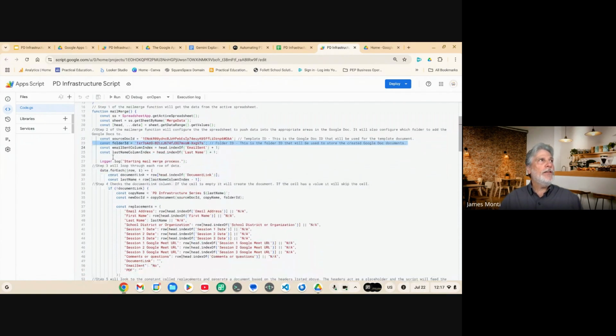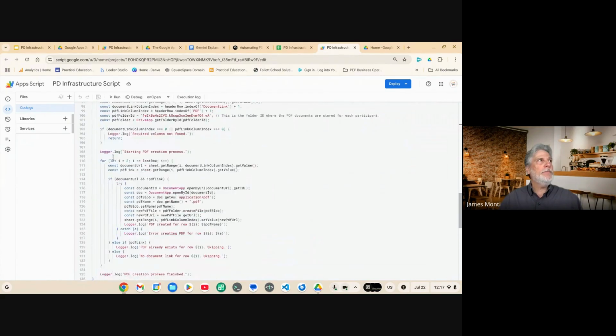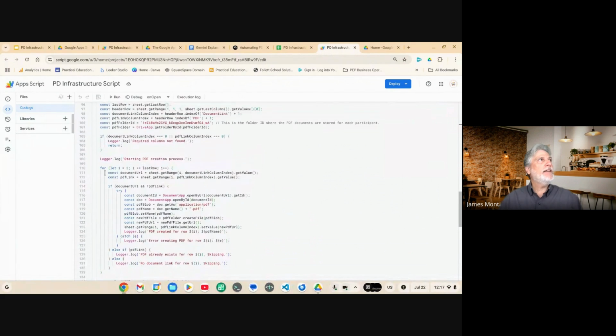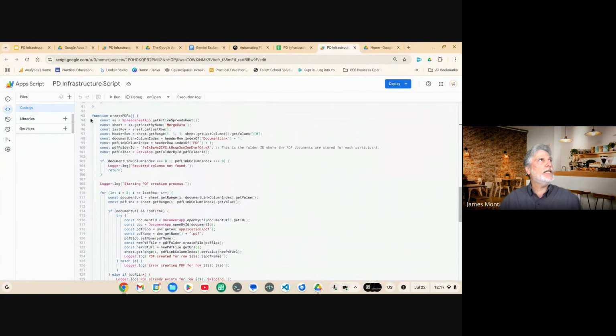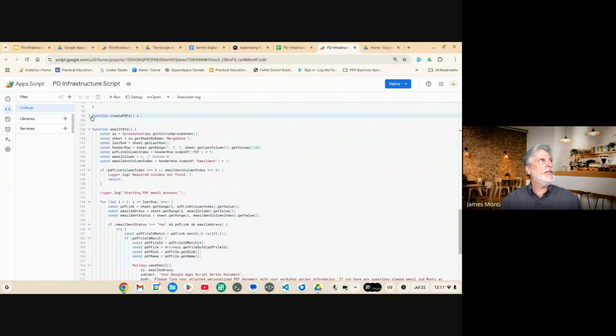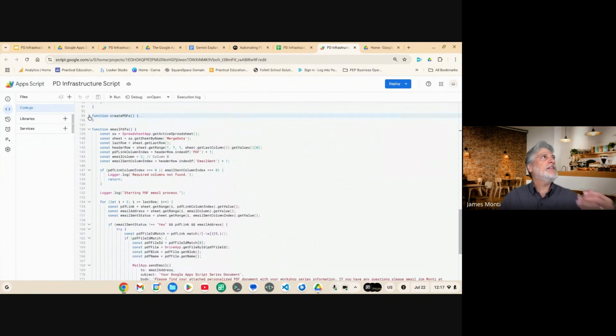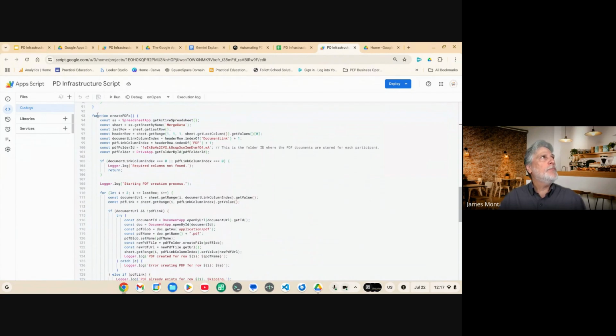And then the only other place where we're storing data is in the create PDFs function, and that's right here. So this is the create PDFs function here. And whoops, sorry, I hit the little down caret and it closed the function. Basically, that's something that you can use too to tell where a function starts and ends. But this is the create